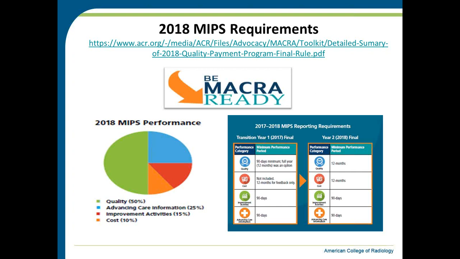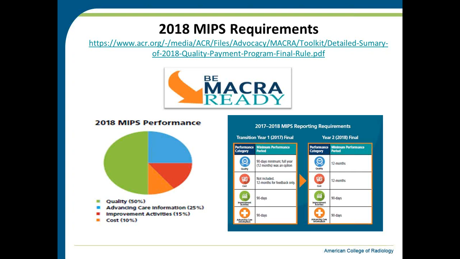We do have a detailed summary of all of the MIPS requirements. It was a regulation that was over 1,000 pages. This summary is about 8 pages, so please do download and share with your team so that you can be prepared for 2018 reporting. Some key changes for the performance categories in 2018: